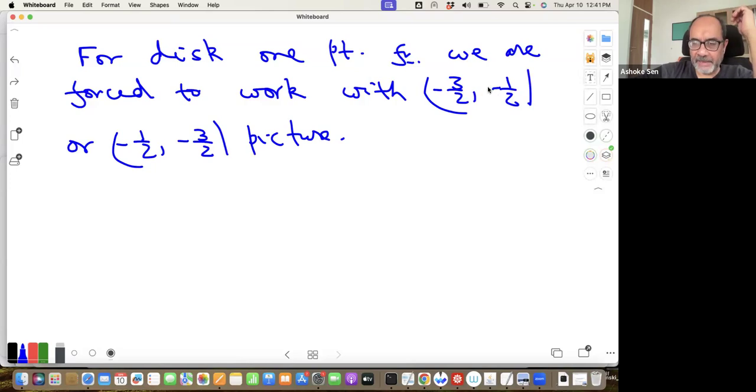If you start with -1/2, then the total picture number is -1, and the picture changing operators only increase the picture number, so you cannot get to -2. So you are forced to work in these picture numbers, and that is in a sense